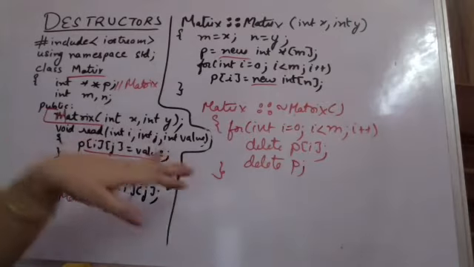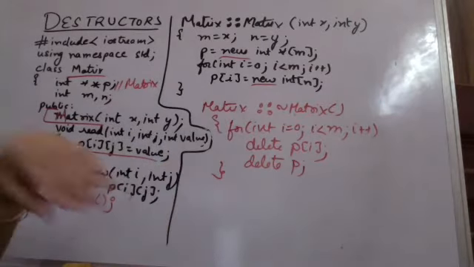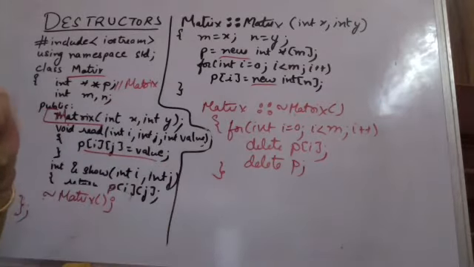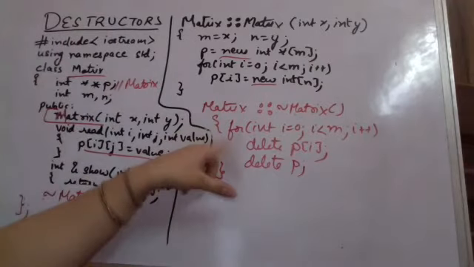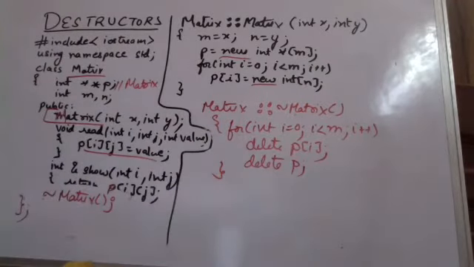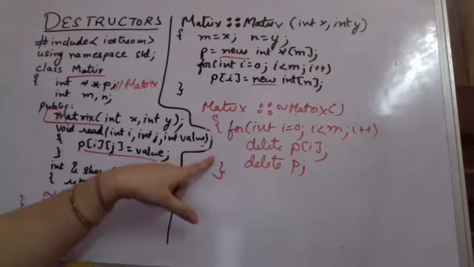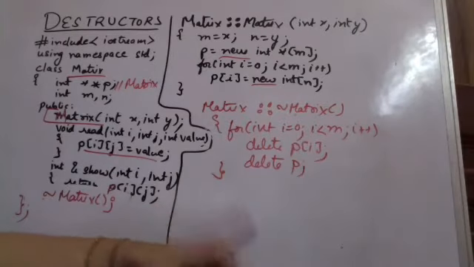So when will the destructor be called? Whenever I am coming out of main, because in main I am creating the objects. It is very important to free the space that you are dynamically allocating, because whenever pointers to the object go out of scope, the compiler will not automatically call a destructor. You have to create a destructor in C++ for that. The compiler does not do that automatically.